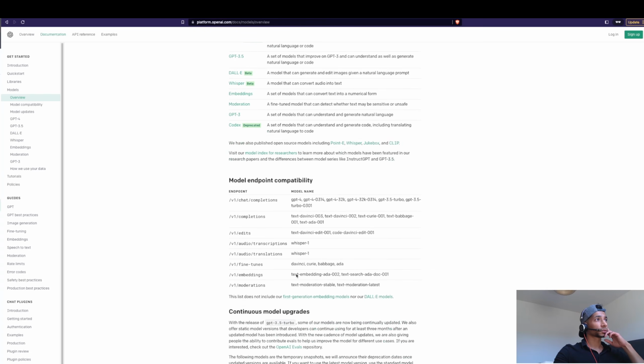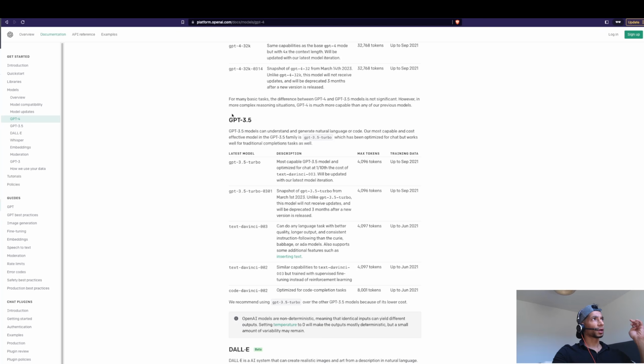We're going to use this one here. So V1 completions, that is the Text-Davinci-003. It's really good for completions. That is basically you send in a prompt and you get a request or a response from ChatGPT. And if you go here, they also tell you GPT 3.5 Turbo, most capable GPT 3.5 model and optimized for chat with 1/10 the cost of DaVinci. So we're going to use DaVinci right now, but GPT 3.5 Turbo is super cheap and much more optimized,